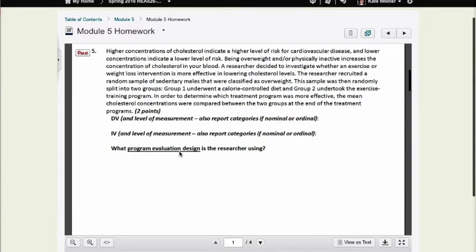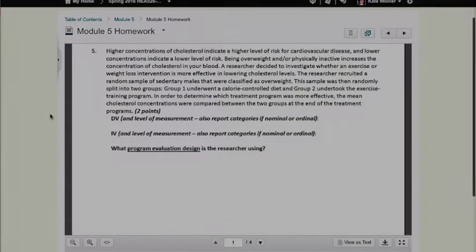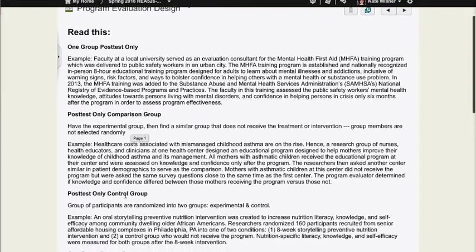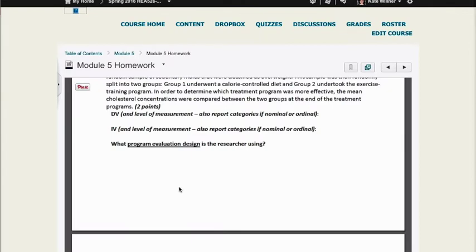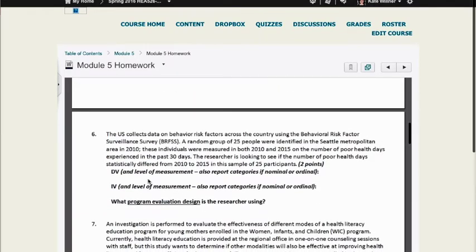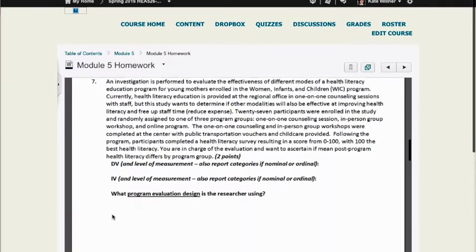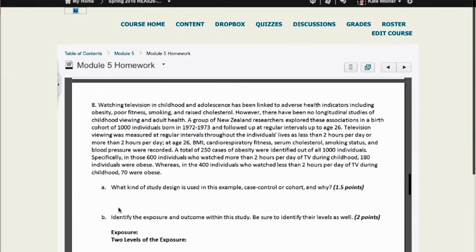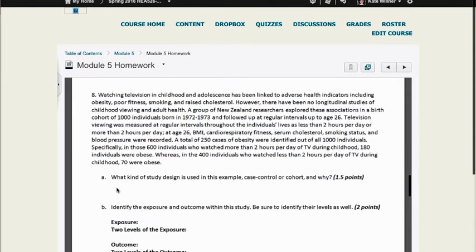What is the program evaluation design? So these are the designs we talked about back in Module 2. You'll want to use these design names. And then 6 is the same thing, DV, IV, and program evaluation design. 7, same thing. Then 8, so this is where you're going to do the second portion of the module, the